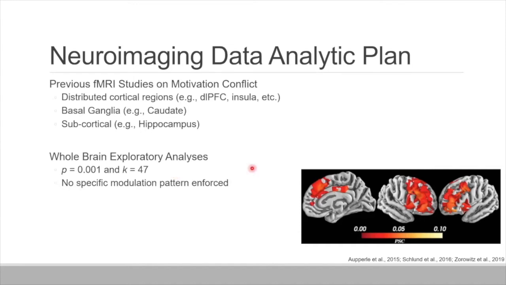For neural activation, we didn't specify a linear or sigmoidal pattern. There's been some previous research on approach avoidance conflict that suggests these things may be linear, they may be nonlinear. So we used a more flexible modeling strategy. Basically, we just said social avoidance by the trial type, approach avoid by the morph, and we didn't specify any sort of modulation pattern there. We just let it come out as the data did.